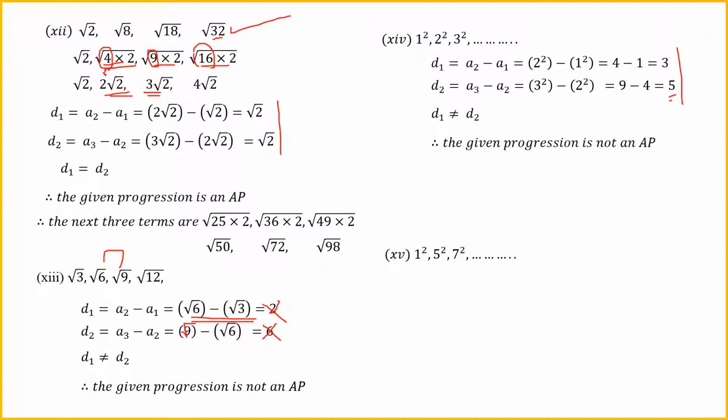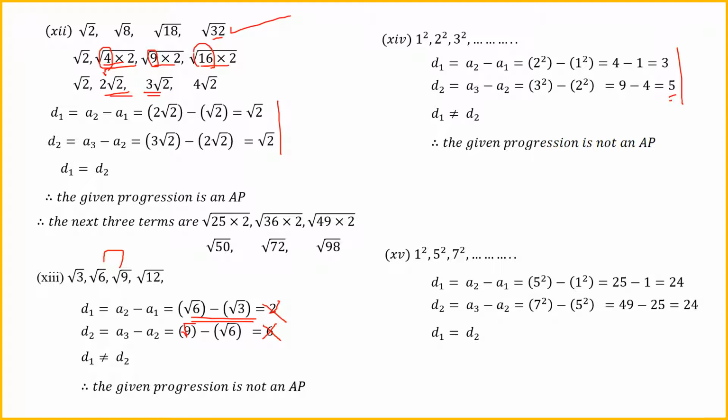It's 1 square, 5 square, 7 square. Is this not in arithmetic progression? You're right, it is in arithmetic progression. What's the reason? 1 square is 1, 5 square is 25, 7 square is 49. 25 minus 1 is 24. At the same time, 49 minus 25 is 24. The difference is constant, therefore it is an arithmetic progression, and the next 3 terms of the progression are